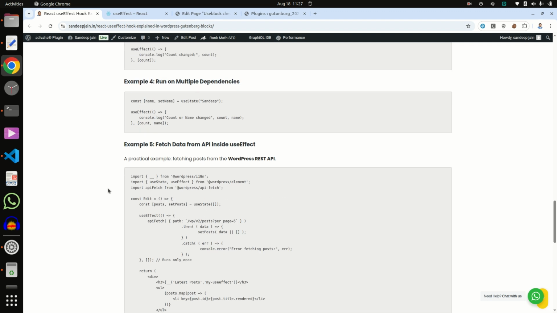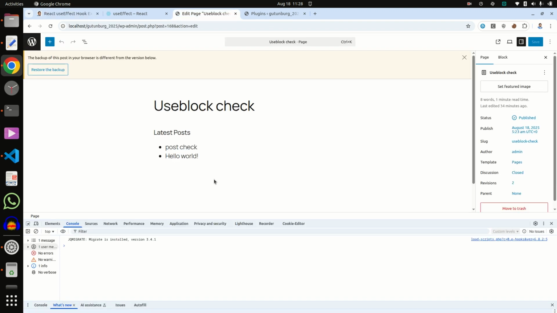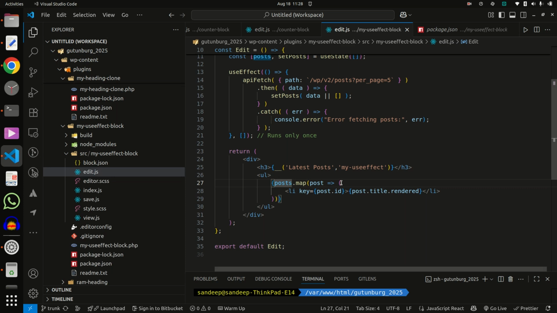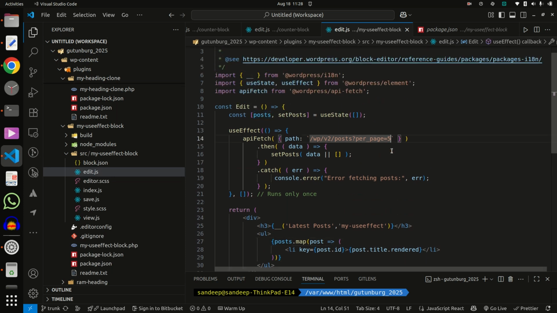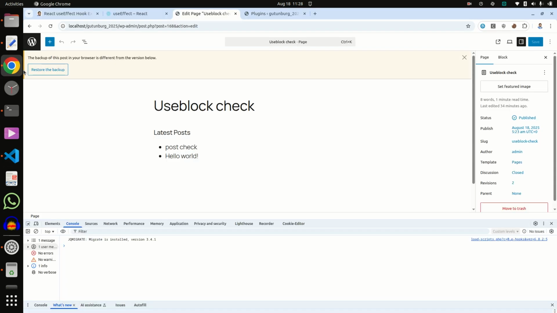For example, here it is showing only two posts, and you can see it is a static 5, so you can pass posts per page here, and you can pass posts per page from the sidebar, then you can change it according to your requirement.